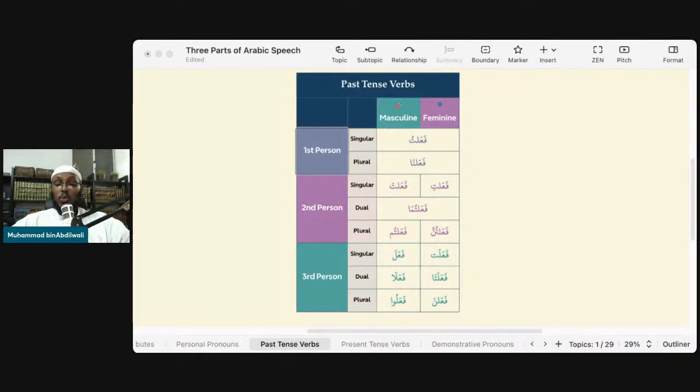Now, my question is this: why is every verb pointing to a pronoun? The question is on Wooclap, inshallah. Why is every verb pointing to a pronoun? We said every single verb, doesn't matter which tense it is, which type it is, is going to be pointing to a pronoun. Why?